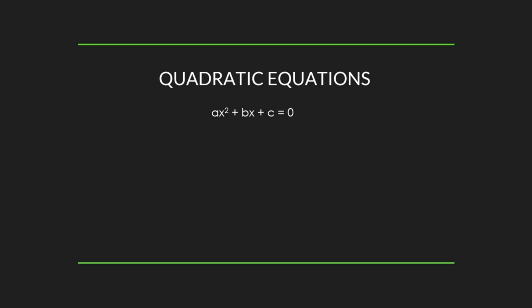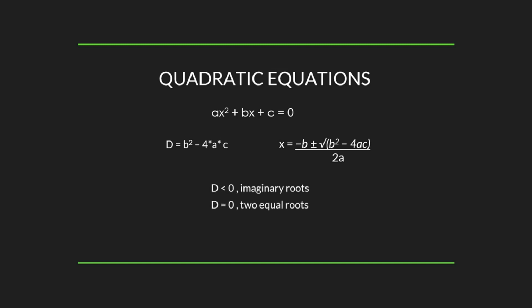If we have a quadratic equation, we can have maximum 2 roots. Now all this depends upon a factor which we call as discriminant, and it is denoted by b square minus 4 into a into c. And the formula for finding the roots is minus b plus or minus under root b square minus 4ac divided by 2a. Now if d is less than 0, we have imaginary roots. If d is 0, we have 2 equal roots, and if d is greater than 0, we have 2 distinct